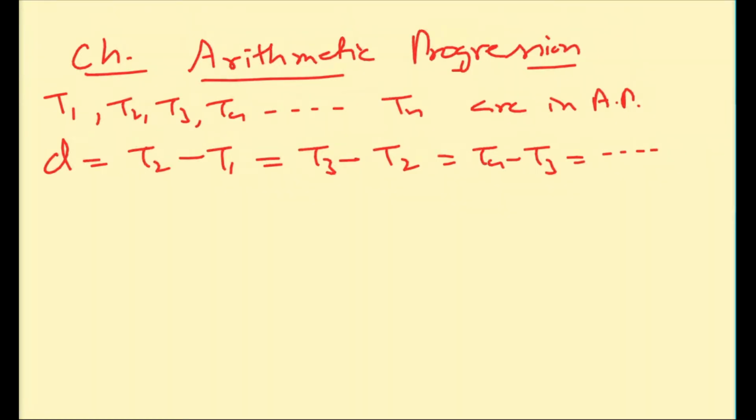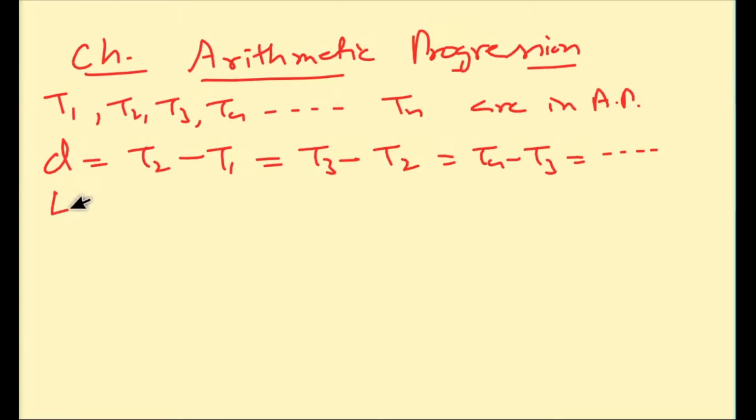And what is the particular rule? The difference of the next term and the previous term is constant, and that is known as the common difference. This way you can find the difference. If the difference is constant, then it is AP. If it is given as AP, then the differences must be equal, right? And now it is a progression. You have learned the rule. If you don't know what a sequence and a series are, you have to watch the previous video on sequence and series. Okay, so now I am going to tell you the next point.